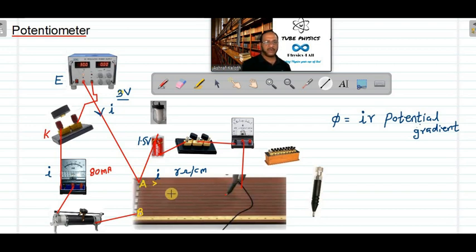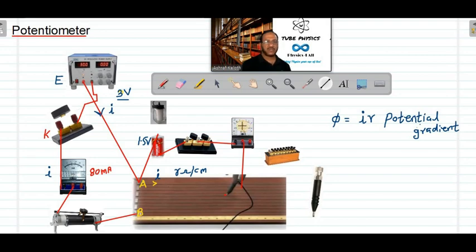Because in 500 centimeter length, the potential drop on the wire is 1.5 volt, and this cell is also 1.5 volt, and they are coming in opposite directions, because positive to positive is the connection. As I told you before, if positive to positive is the connection, EMF will be subtracted, potential drop will be subtracted. So the 1.5 volt drop on the wire due to the current in the primary circuit and the 1.5 volt of this cell, both coming in opposite directions, will cancel at exactly 500 centimeters, so the galvanometer will show zero deflection.